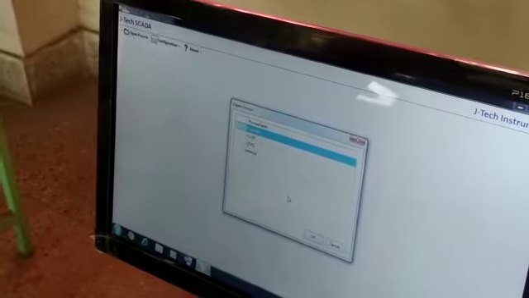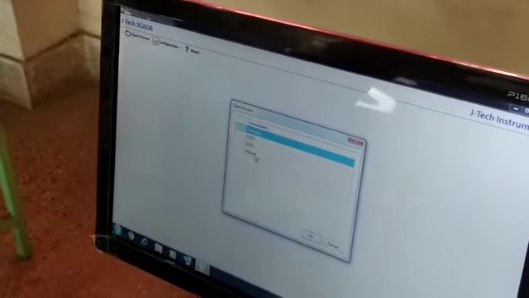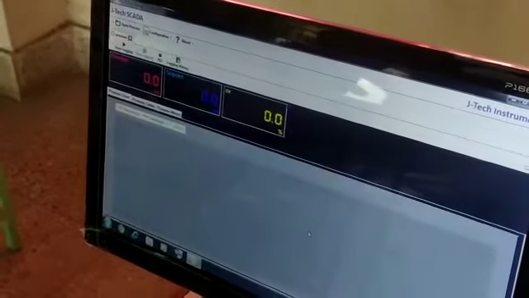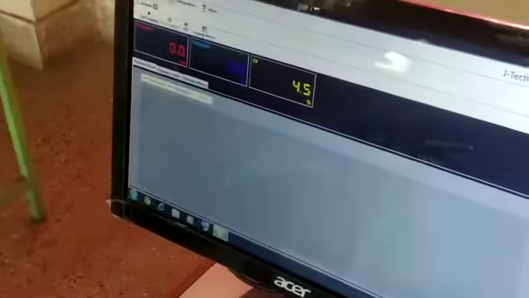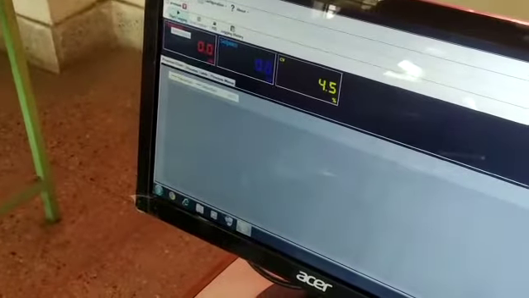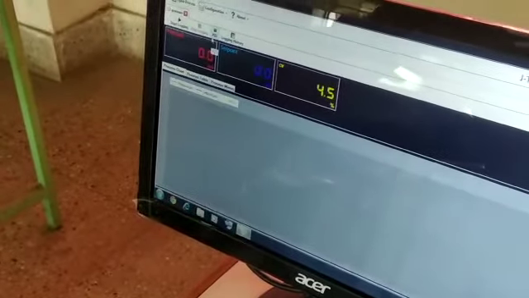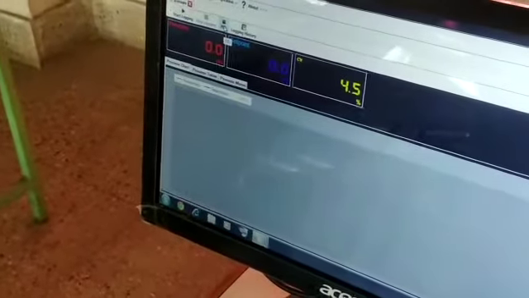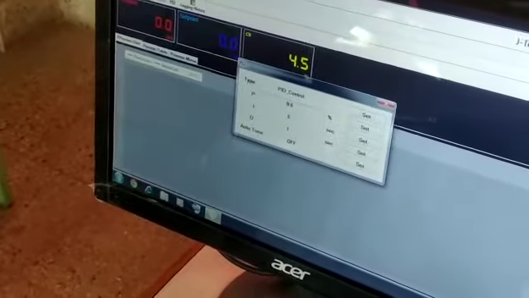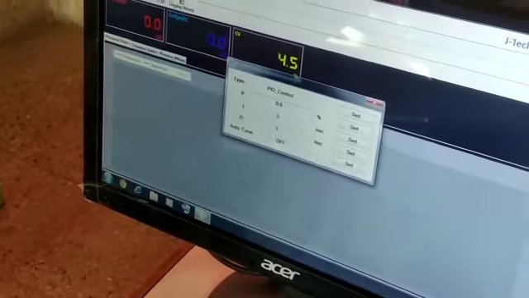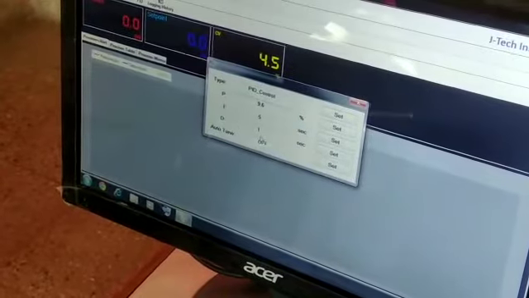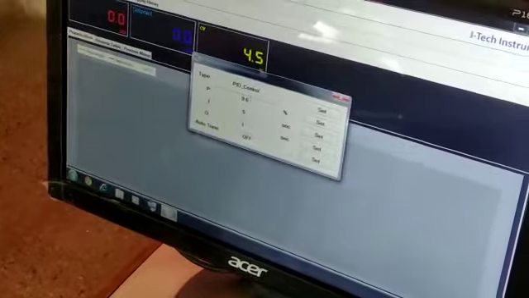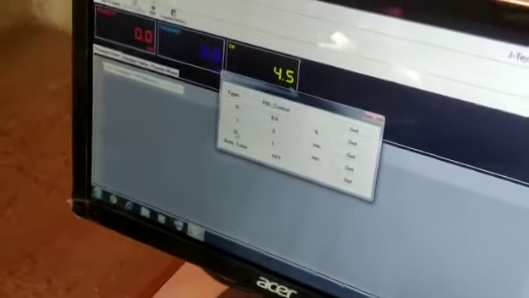You will get another pop-up window where we have to select our system. Our system is pressure, and then you click OK. Now you can see start logging, stop logging, PID, and logging history. First we click PID. We have to check whether the proportional, integral and derivative values are available or not. If they are not there, you can click set for auto tune so that it will fix its own P value, I value and D value.